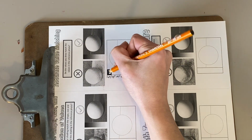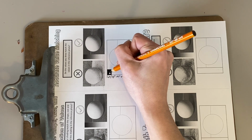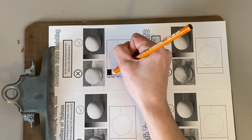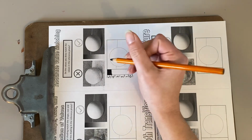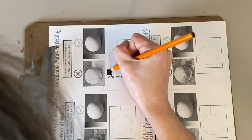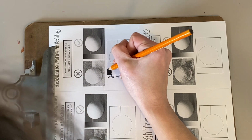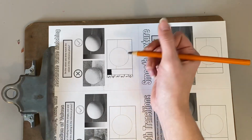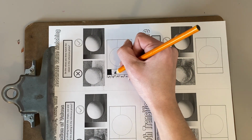Now we're going to fill the middle of that box with solid black. Make sure you don't press too hard with these pencils just because the lead is very fragile. You don't want to break it. Once that is completely solid, you're looking to see, do you have any little white dots that are left showing after you've blown away your dust? And once that is solid, we are going to hop down to value number 3,